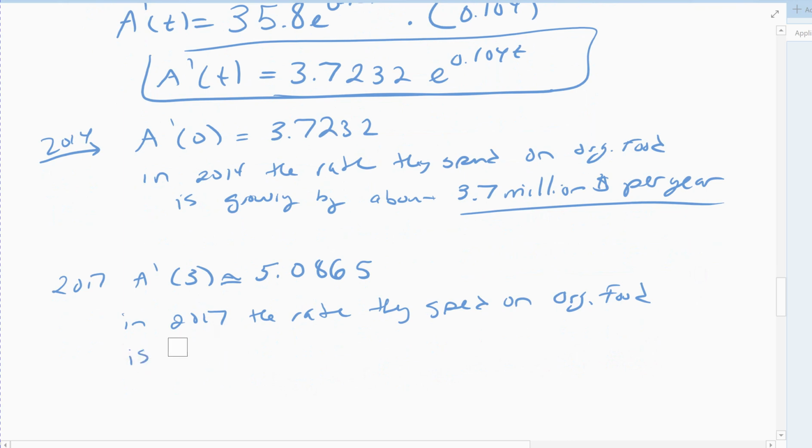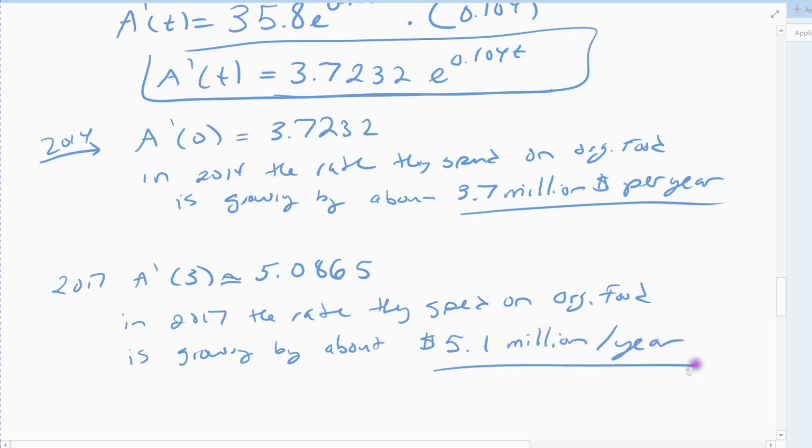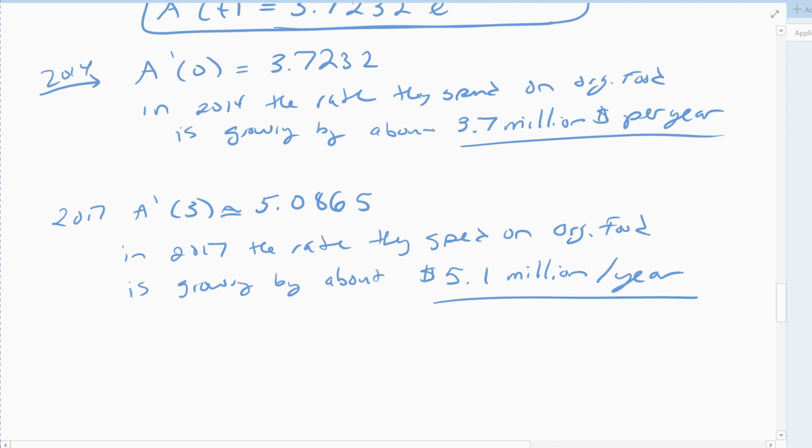You can read that, growing by about 5.1, if I round to one decimal place again, million per year. And so in both of the years, the rate at which people are spending money on organic food is increasing. It's increasing faster. So to compare,